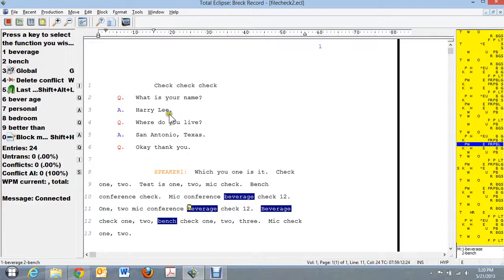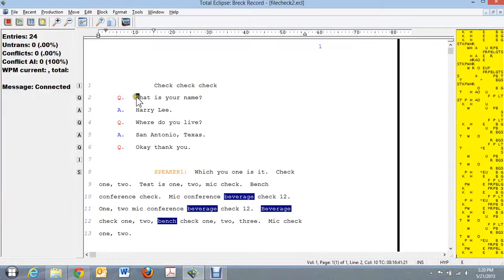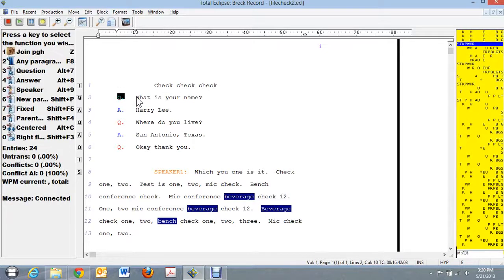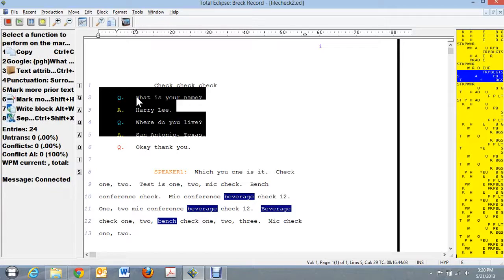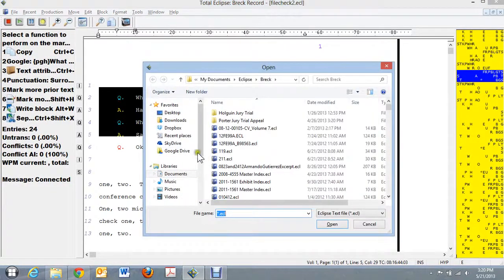Now let's say, for instance, that you need to extract out something, and let's pretend this file was 100 pages long with multiple hearings within it. And let's say you need to extract out this part here. You would highlight what you want, and I'm going to do an Alt-W to write a new block,